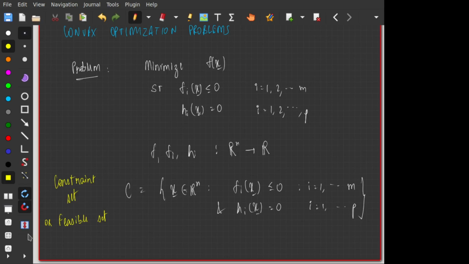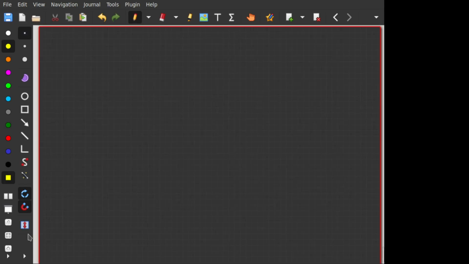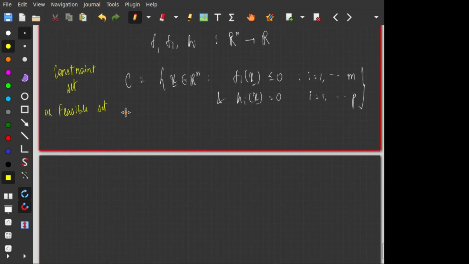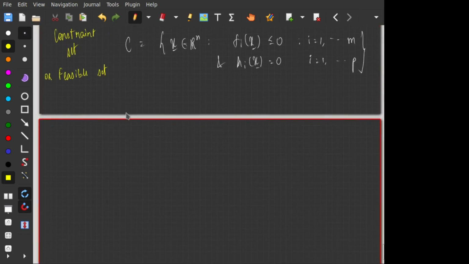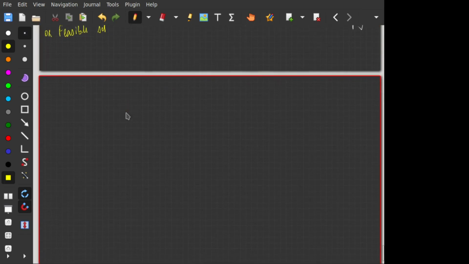Okay, and a priori we are not even guaranteed that the set is non-empty. It could be the case that some of these constraints are not consistent. So it's possible that the constraint set is empty. Suppose that the constraint set is not empty or even otherwise, we'll define the optimal value for this optimization problem